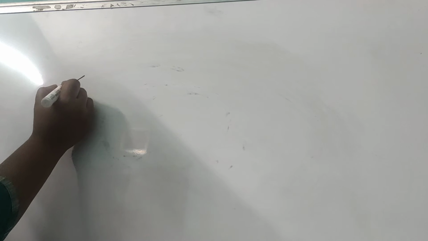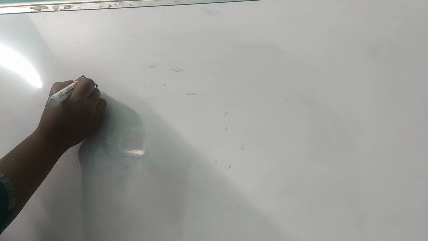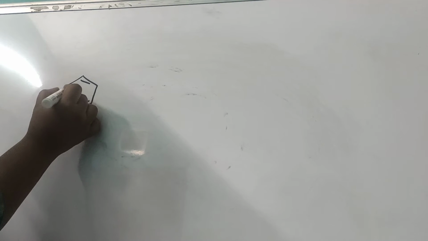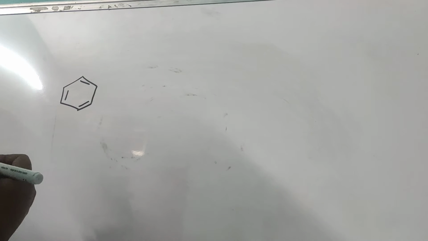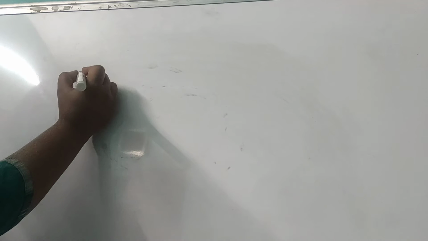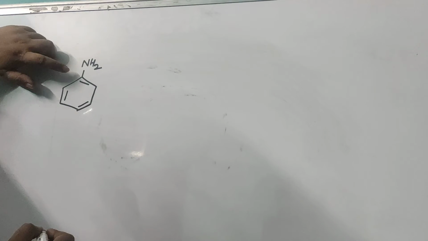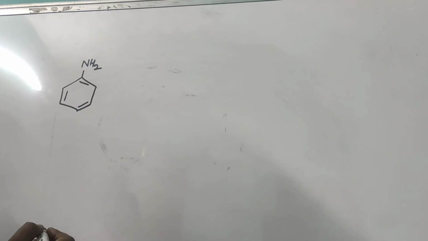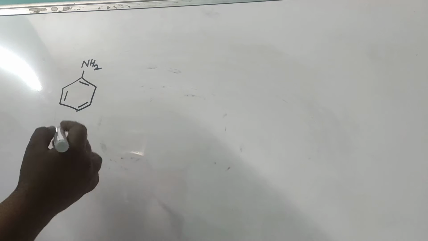Okay, so here on the reactant side you have to take an amine, an aromatic amine. Aromatic means it is cyclic, right? So this is aromatic. Amine is a name which comes from ammonia. What is the formula for ammonia? NH3. Here we will not write NH3, we will write NH2, because one of the hydrogens is attached to this benzene ring.